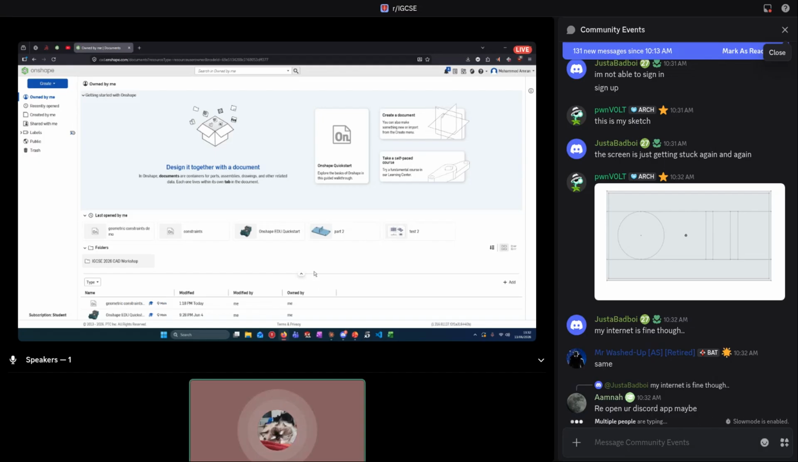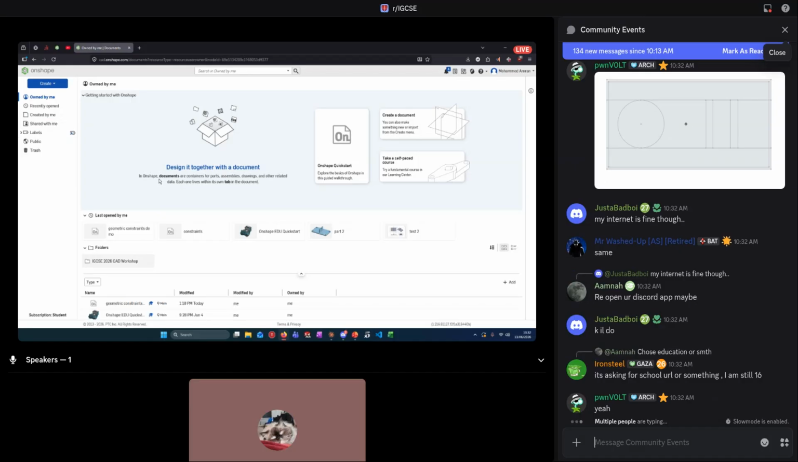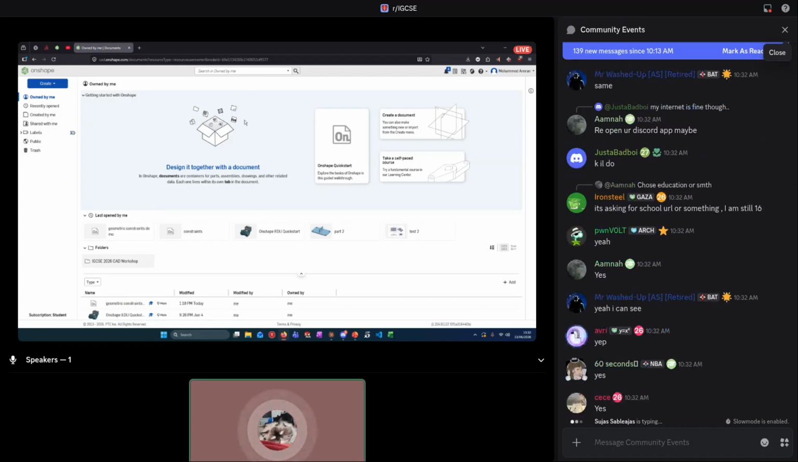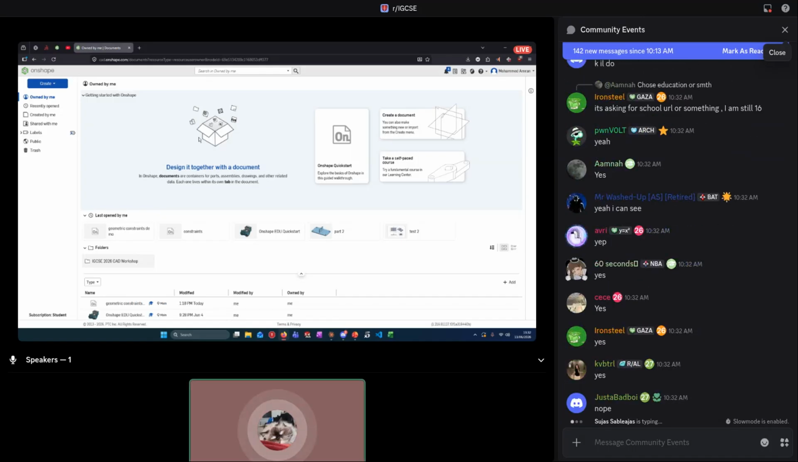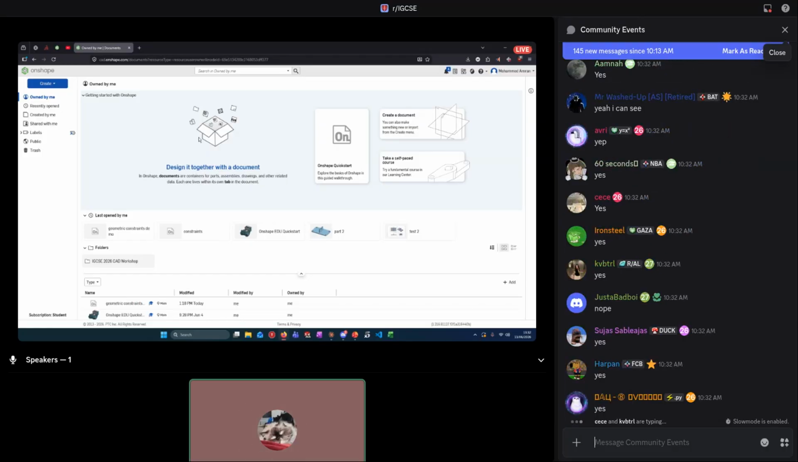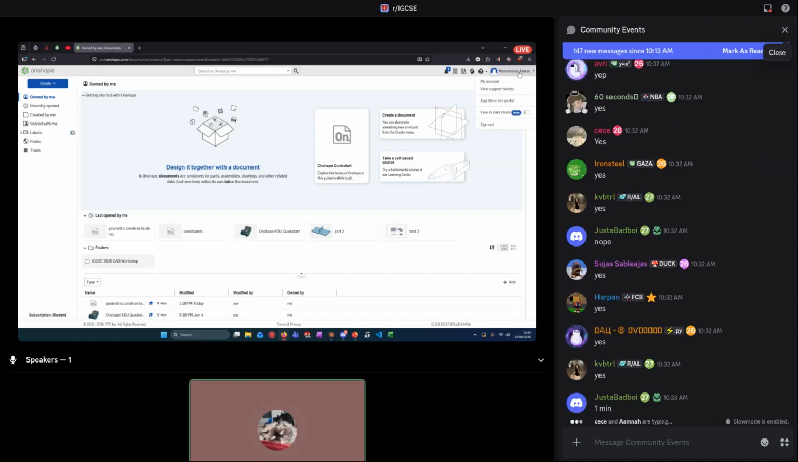Okay, is everyone in this? Does everyone see the screen that I'm seeing? CAD.onshape.com. Does anyone see the screen? Is everyone here? Okay, is everyone here? Open up Onshape, CAD.onshape.com. Everyone's here? Okay, good. Okay, so